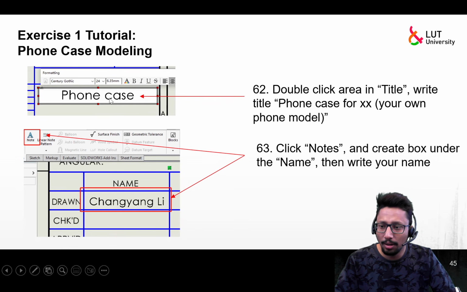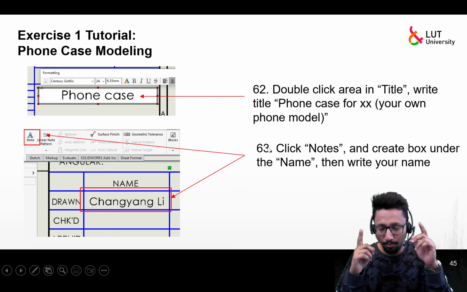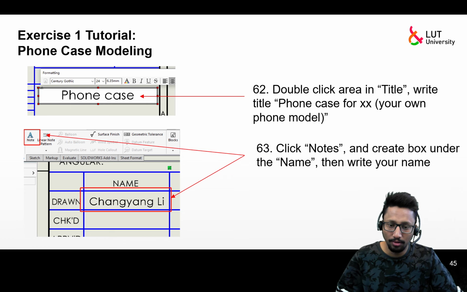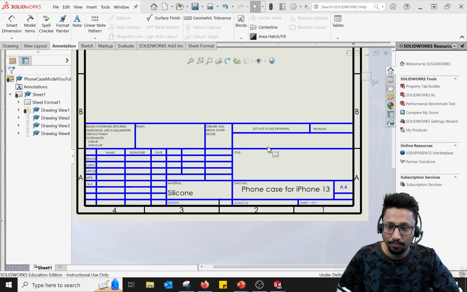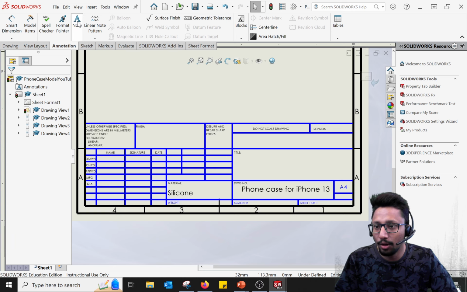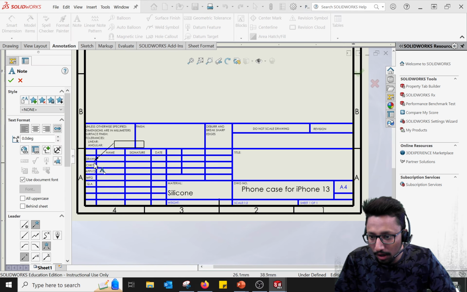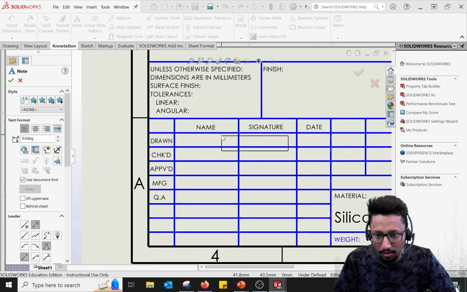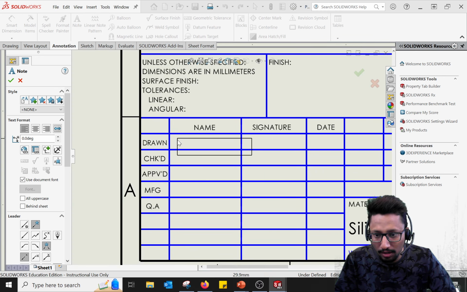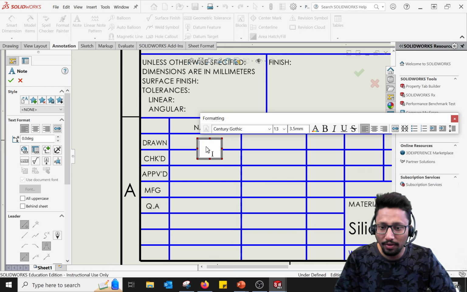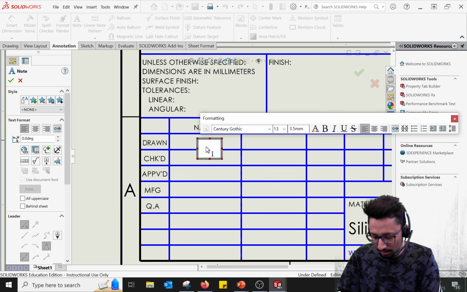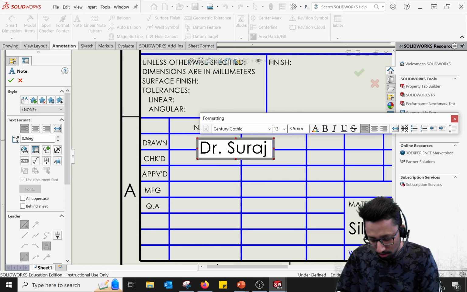Of course, we also double clicked this title area and provided our own. Now we need to provide the author name and it's very important. So let's go back to the model. I select under annotation note again and then drawn. If you zoom in using scrolling, you see this. You can select anywhere here under this drawn box. Left click and it will ask you to provide the author name. Let's say I provide my name, Dr. Suraj Jaiswal